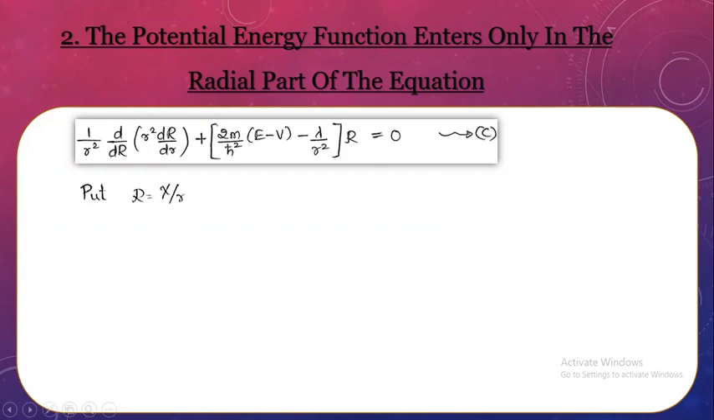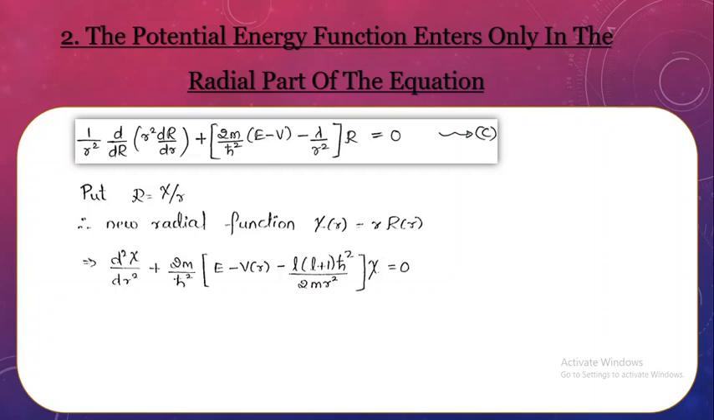So R is again a function of small r, and xi is again a function of small r. By this we get a new radial function, which is xi of r equals r into R of r, and this will be substituted in the above equation. If you just use this wave function,